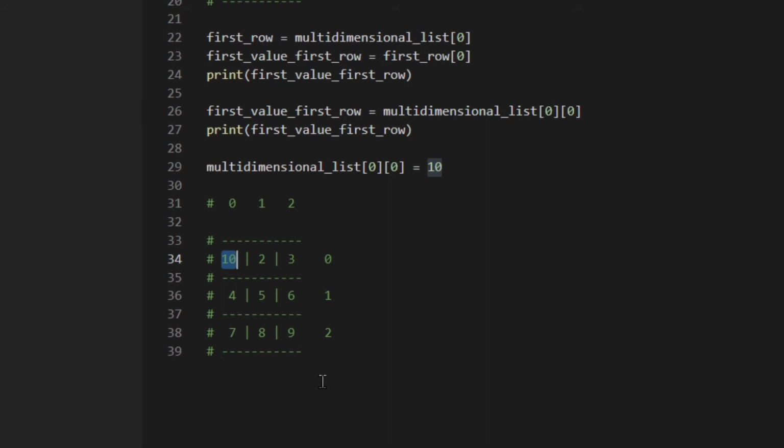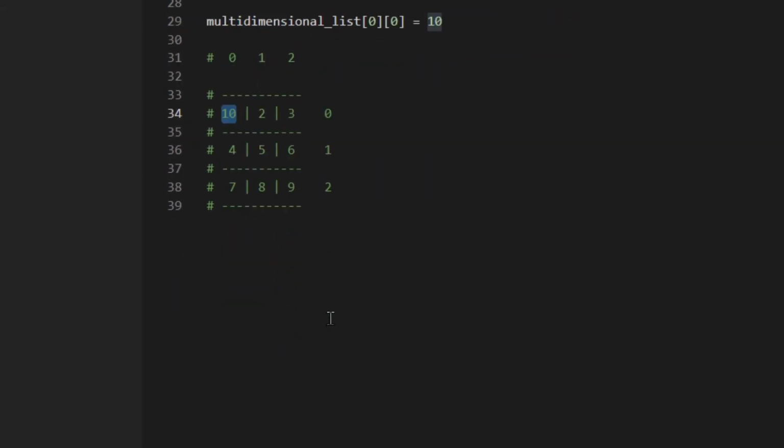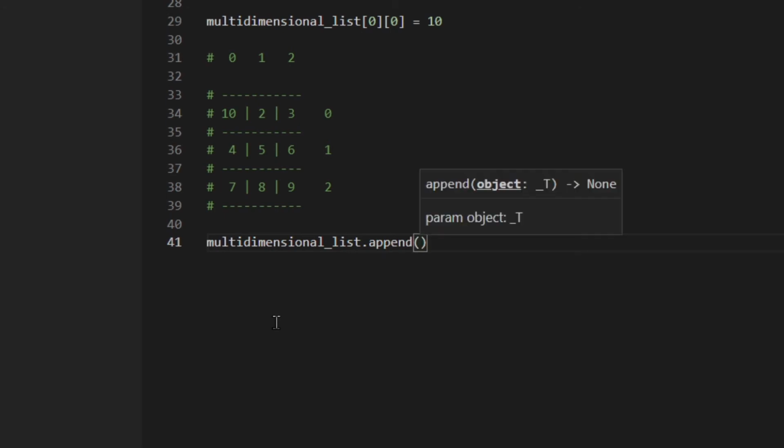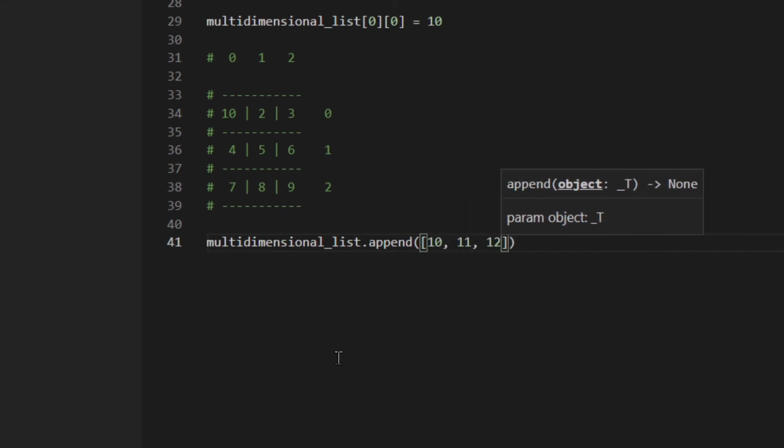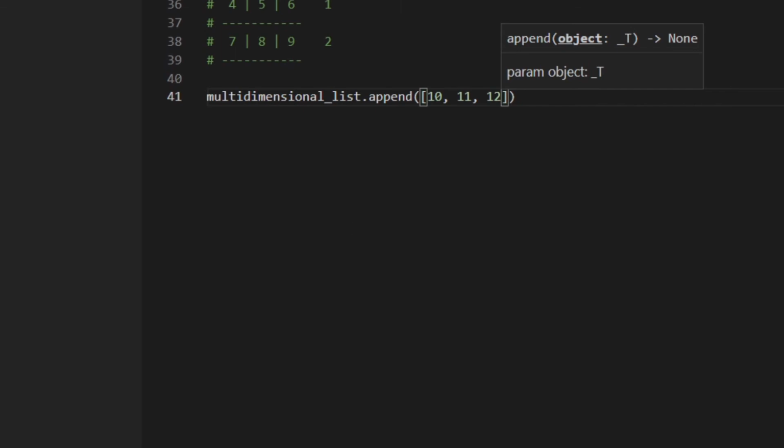So for example, let's say we want to add a row. Okay, we just need to append a list. So for example, let's say we want to add a row down here. We could do something like multidimensional list append, and then we're going to pass a list, which is actually a row, 11, 12. All right, so if we get a little representation,